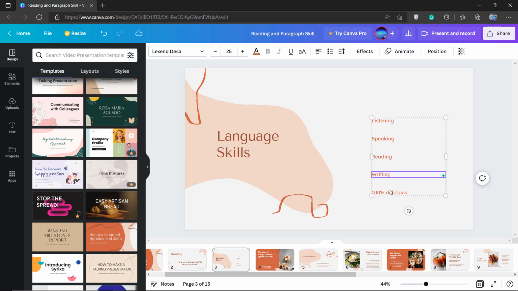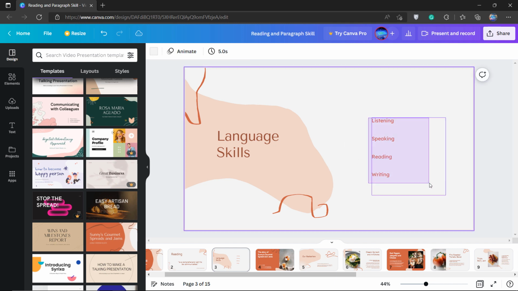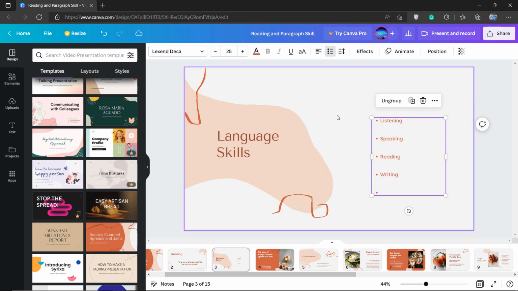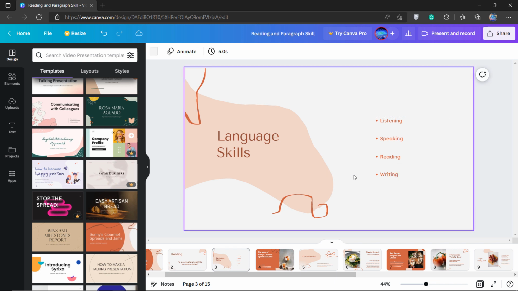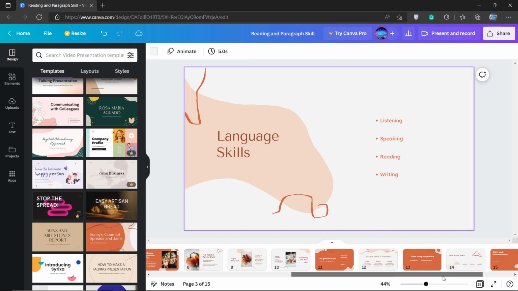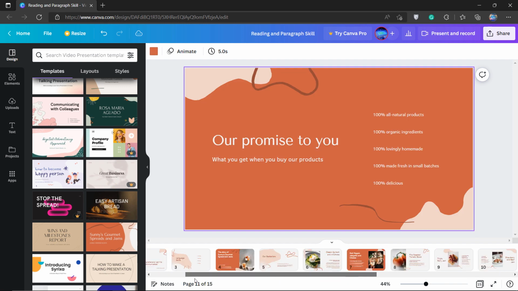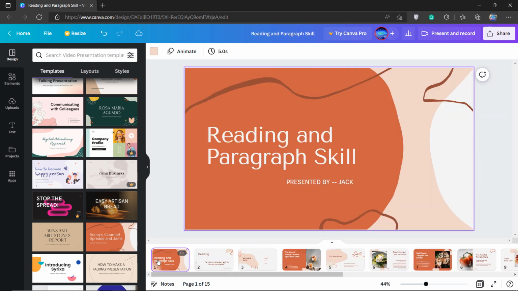Okay, so let's delete this. I'm gonna put pillars. So here is the list of the language skills I have mentioned, that I have copied from another page. And now the last step is to